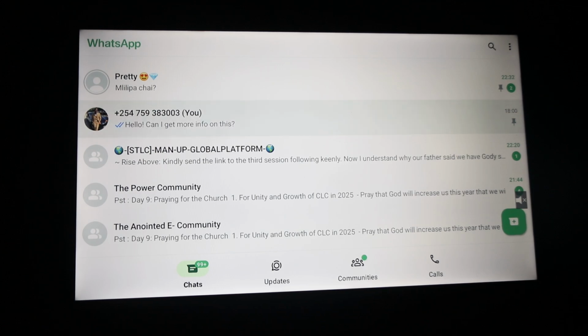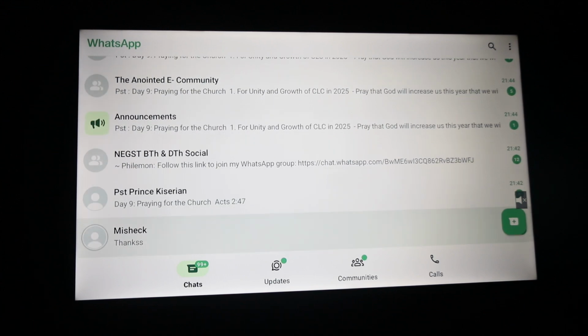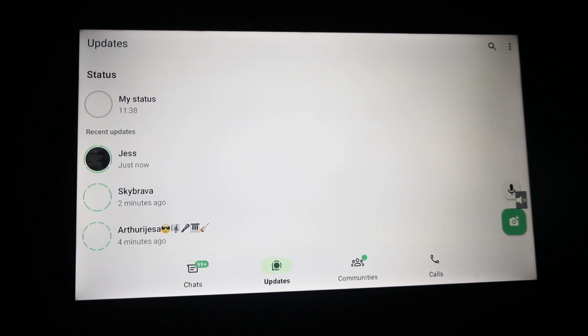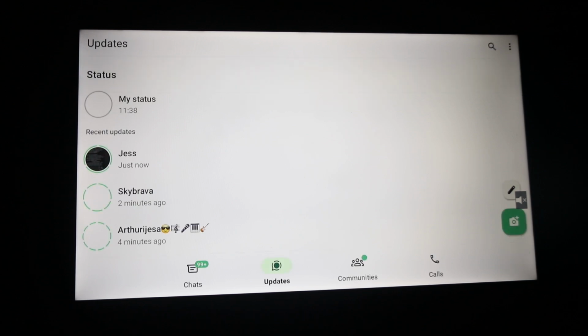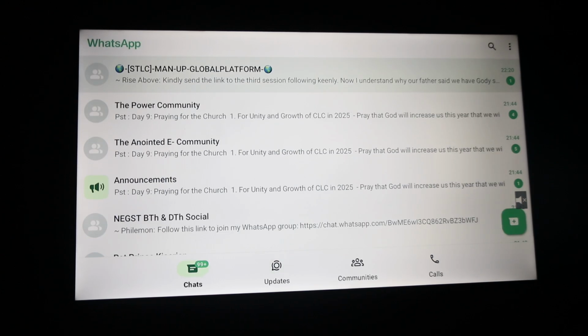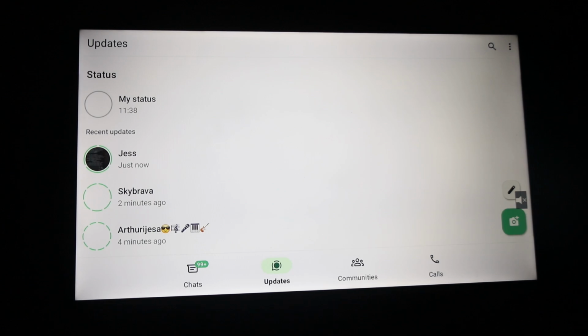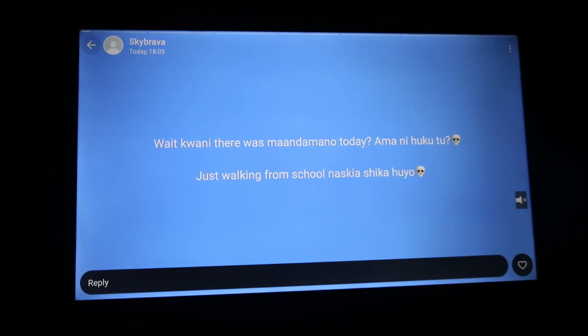So I'm able to check my chats and see who texted me and see the conversation. If you want to see status, you can simply come over there and scroll and enjoy using WhatsApp, like seeing status. These are examples of status of someone who has just